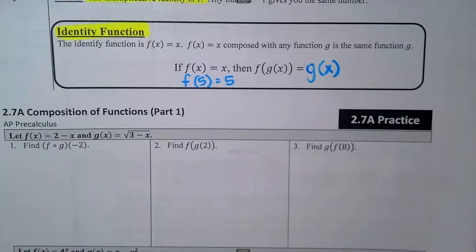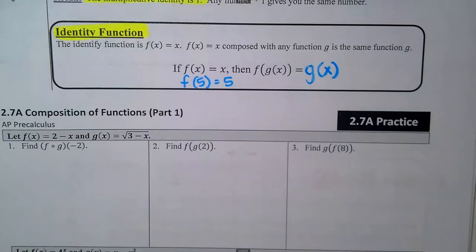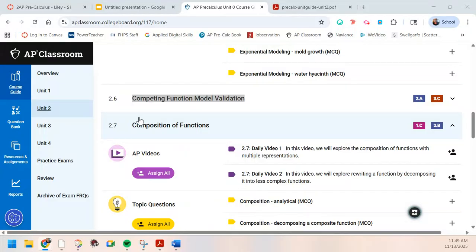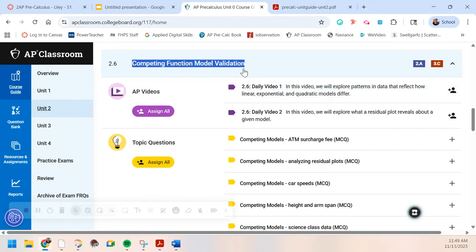Okie dokie? Okay, so you should be able to get this done in probably 10, 15 minutes, and then I just want you to try 2 of the problems on AP Classroom, and they're under this one, composite function model variation. You can just pick any 2 you want and just see what they look like, because this is kind of the easy, remember, and then